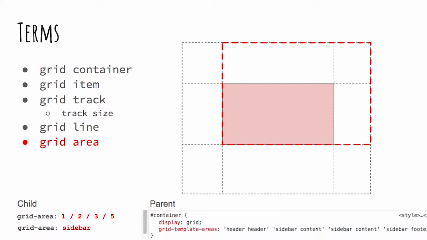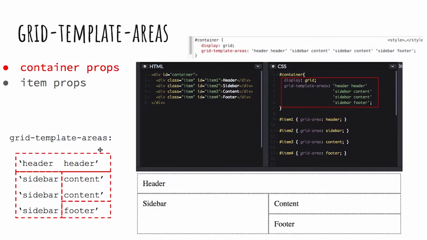Grid areas are boxes or rectangles that correspond to 4 lines. So using the grid lines, you can specify a grid area. But even better, you can also specify a grid area as a name. So in the parent container, you could specify grid template areas, for example, and specify the names of these rows, which actually create these grid areas for you, which can then be positioned through the children. So a more comprehensive example of that, more or less illustrating grid template areas, container props, and item props,